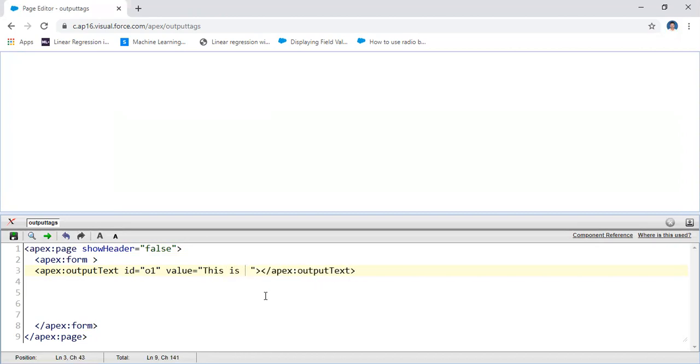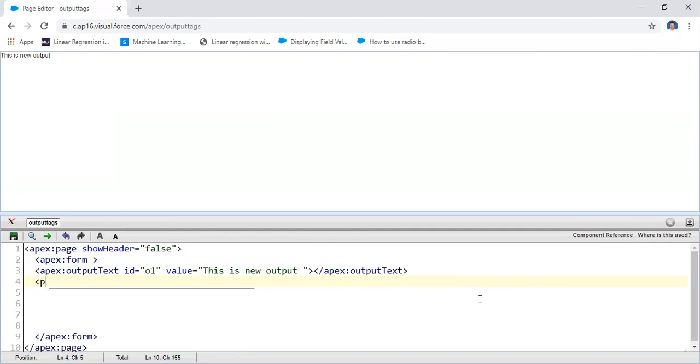This is a new output, let us assume. In this way we save this one. It displays the information like this, the new output. This is one way of representing the output. Here is the second way of representing the output.